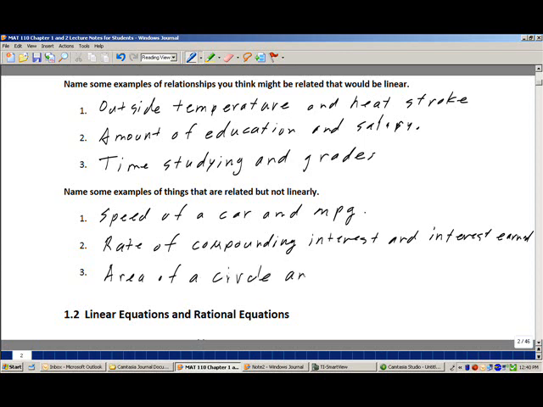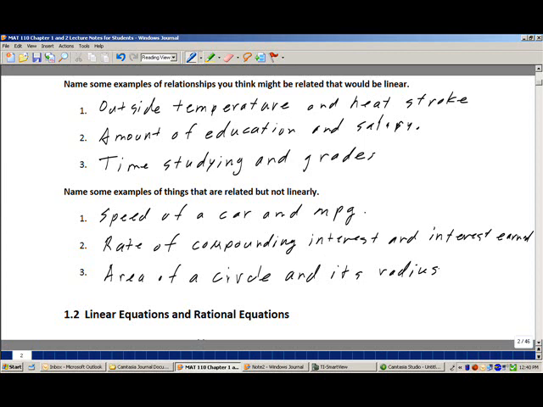The area of a circle and its radius are not a linear relationship. A 1-inch piece of pipe does not allow half the flow of a 2-inch pipe. A 2-inch piece of pipe can allow far more volume of water to pass through it than a 1-inch pipe. So if you had two 1-inch pieces of pipe, you would not be able to flow as much water through them